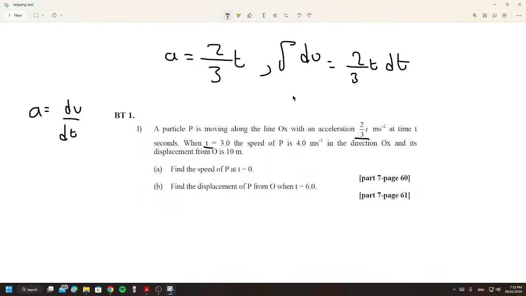The thing is, I'm not so sure about this chapter. I'm just gonna keep solving. If I get something wrong, I'm gonna try to figure it out, because my method of solving is different than the way they solve it in the course. So the integral of dv is just going to be v squared over 2. And then the integral of 2 over 3 t dt is just going to be 2 over 3 t squared over 2 plus c, right? Because when you integrate, you have the integration constant, obviously.